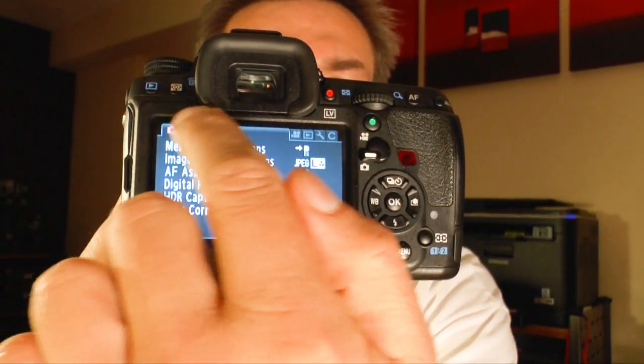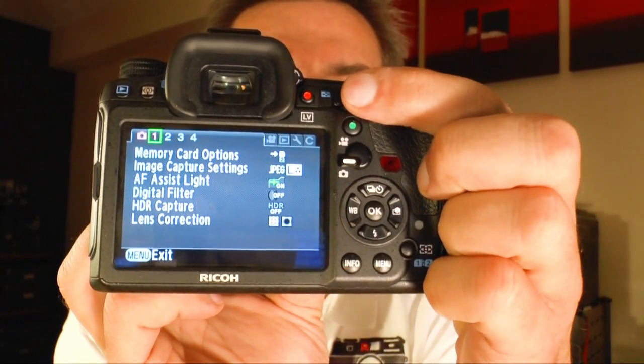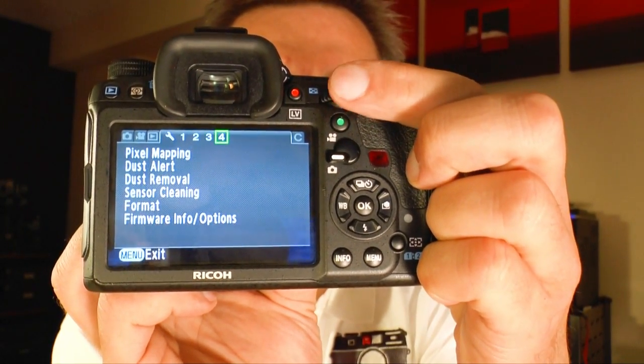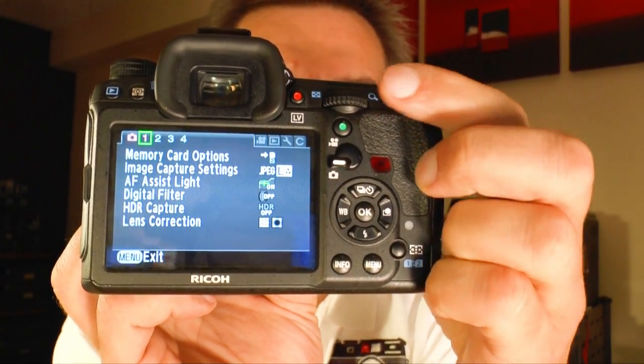In the menu you have the top points here, and then you have the different points or the different settings here. Just turn the dial and you go from point to point. It's very easy. And here we have the custom settings. So let's start at the